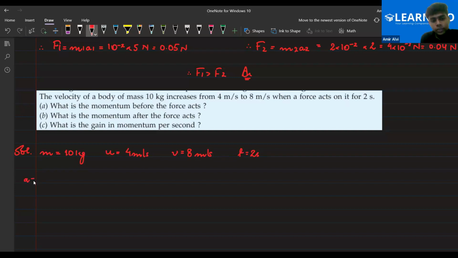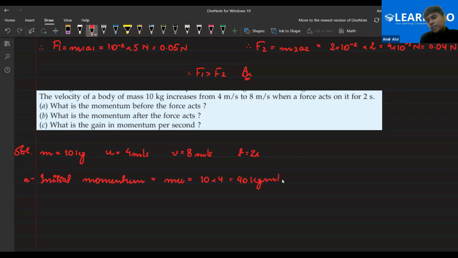So the first question is asking for the initial momentum before the force acted. It means that when the force was not acting, the initial velocity was there. So that's what the initial momentum would be. So initial momentum is equal to m into u. Yes or no, everyone? Yes, sir. Okay, m into u is equal to 10 into 4, that is equal to 40